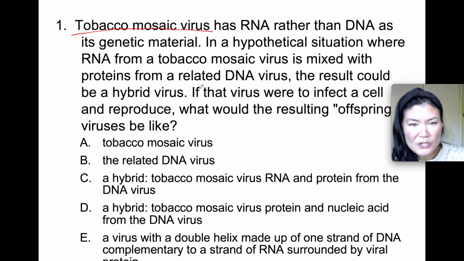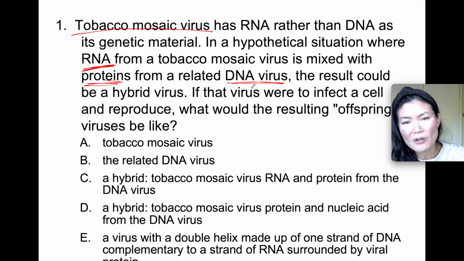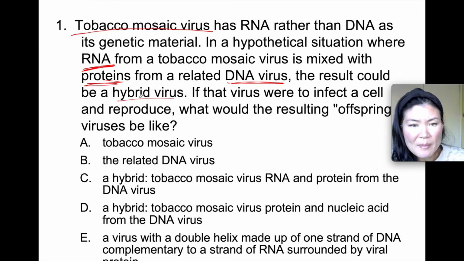So what this question is setting up for you is that we're making a synthetic virus. It's mixed with its own RNA, but then proteins from a different virus that has DNA as its genome, okay? So it's going to be a hybrid. The hybrid is going to have proteins from the DNA virus, but the genetic material will